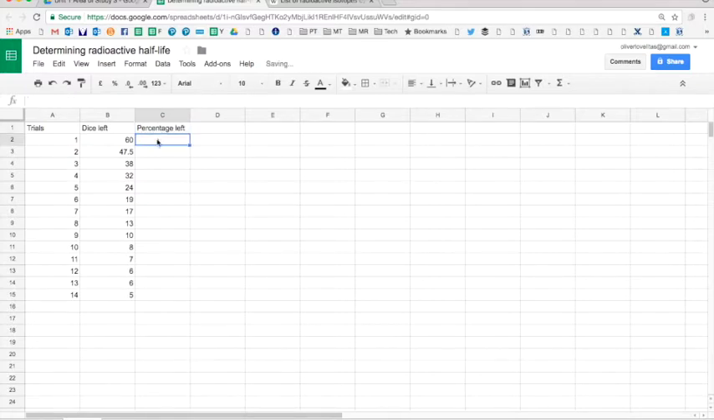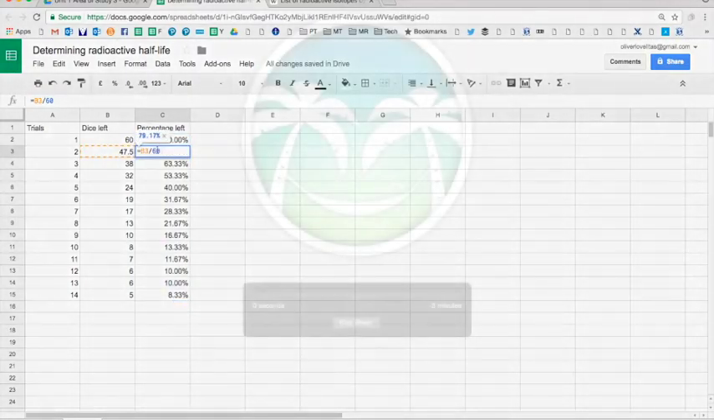So here we can learn how to use formulas. All you have to do is go into the cell, hit equals, and then you can select the previous cell and divide that by 60. We've chosen 60 here because we started with 60 dice. So that'll give us a percentage. And if we click on that cell and hit format as percent here, that'll actually convert it to a percentage for us. Now if we drag down again, what that's going to do is show us that this cell,